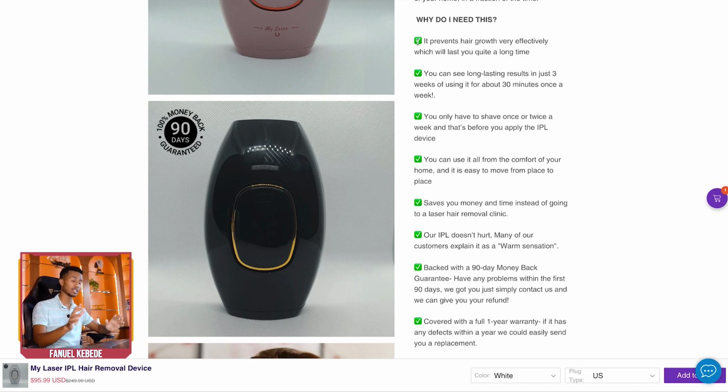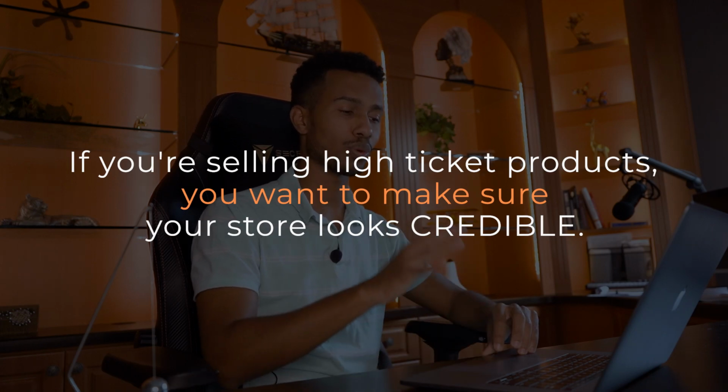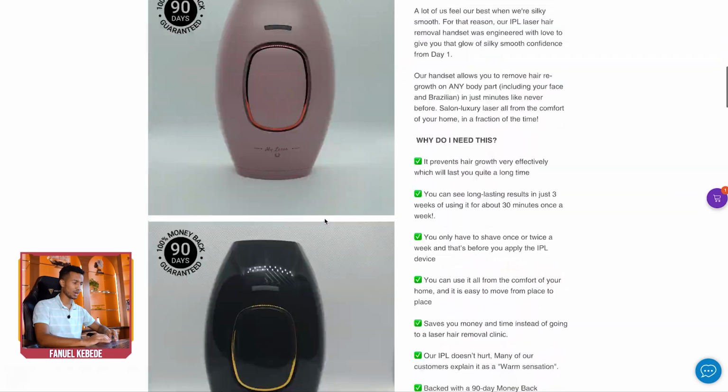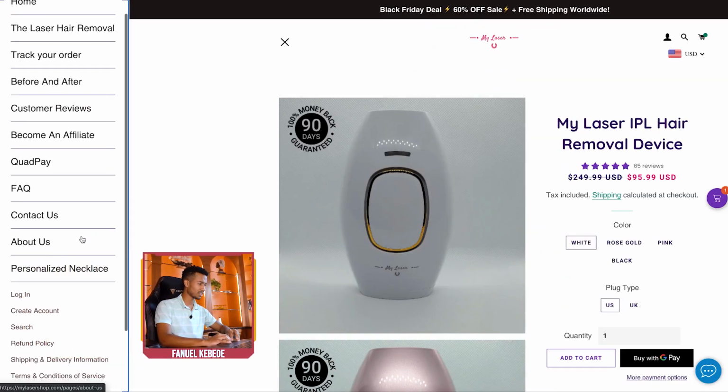Much better, much cleaner. For a high-ticket product like this, you want to make sure that your store looks credible. And the only way you do that is by adding elements that actually build up to that. Having a bunch of green check marks is not going to help with that. Overall, this product page looks all right. On the overall store, you see that they're also